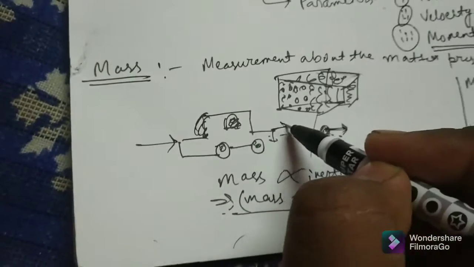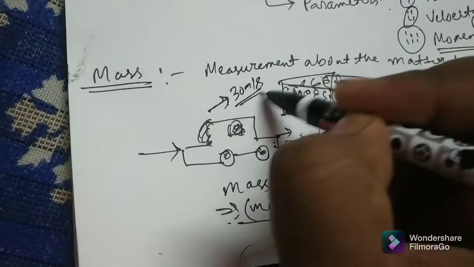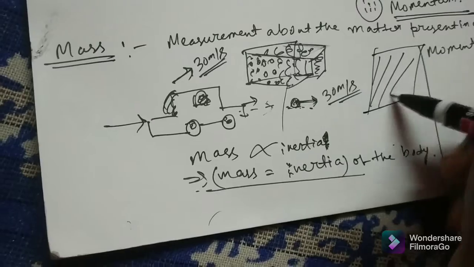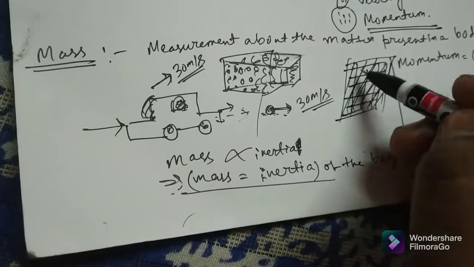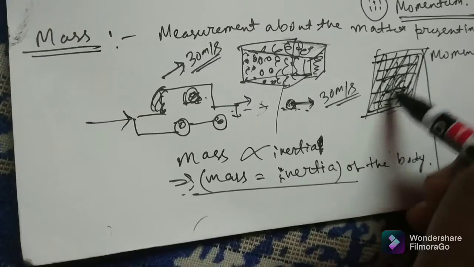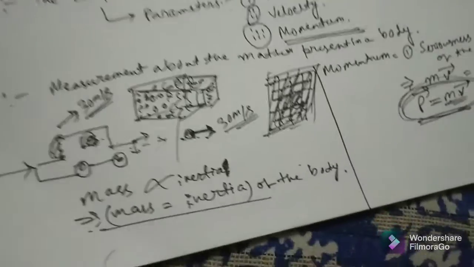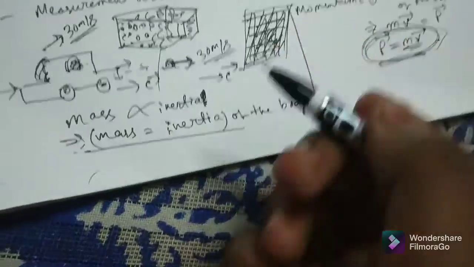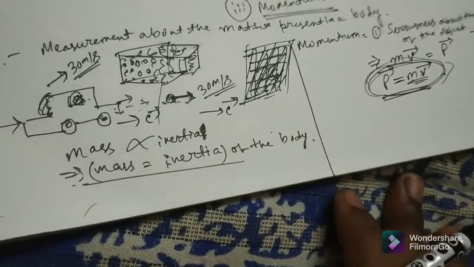If this truck moves at 30 meters per second, and this tennis ball also moves at 30 meters per second, and there is a cement wall which is newly made, or maybe just 2 or 3 years old, this truck can easily break through the wall rather than the tennis ball. Ignoring relativistic cases, if they move at velocity c, the speed of light, then obviously both of these can pierce through the wall. So it's a different case. It's a very complex case. I'll discuss that later.